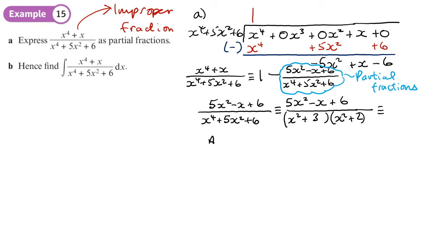Now this is like the last example. This is going to be a quadratic in my numerator, so this needs to be ax plus b. So it's another one like the previous one where you haven't done one like that before with just a quadratic. And then plus cx plus d